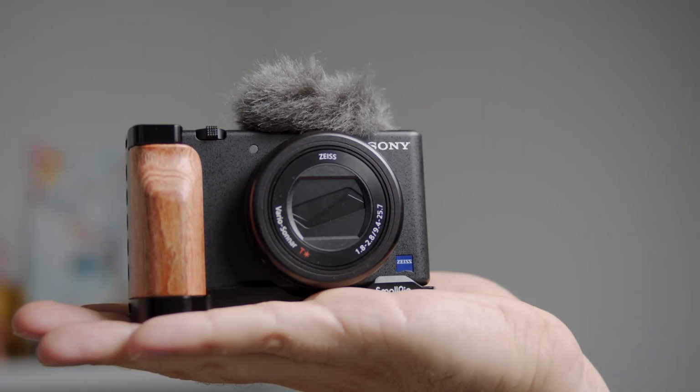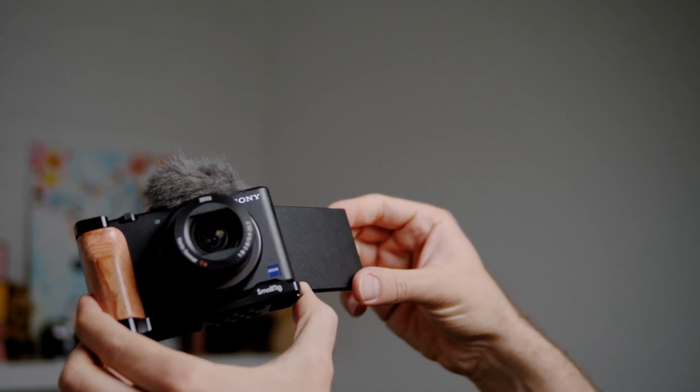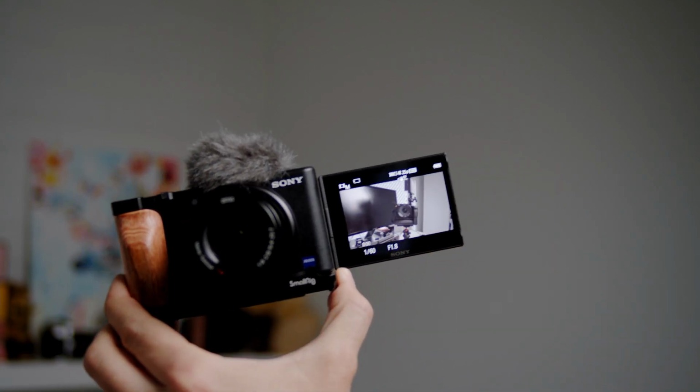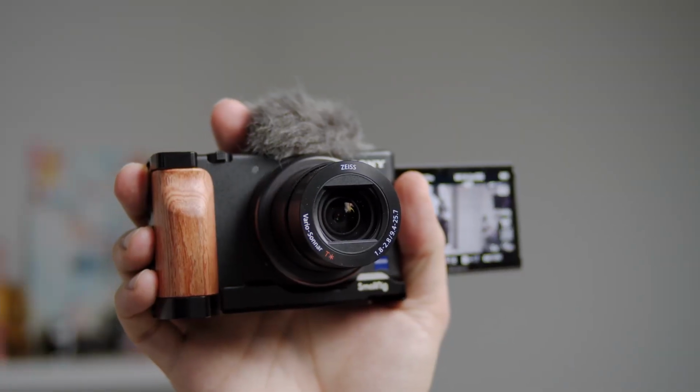But what did I want and why did I get this camera? By the way, I did get it in a really good deal secondhand, otherwise I don't think I would have bought it new. But what I wanted was, let me take my list. A compact camera which would be pocketable, like the Pocket 4K, that would have either a flip out or flip up screen. I prefer flip up, but flip out is okay. Good autofocus, good stabilization, microphone input. The lens I wanted to be around the 24 to 70-ish focal length, and I prefer that to the 28